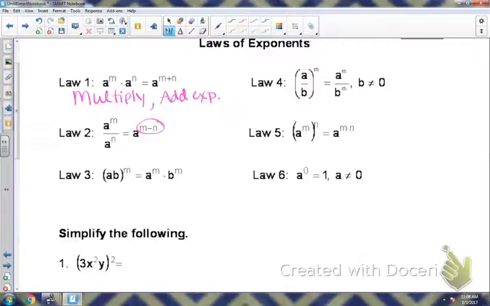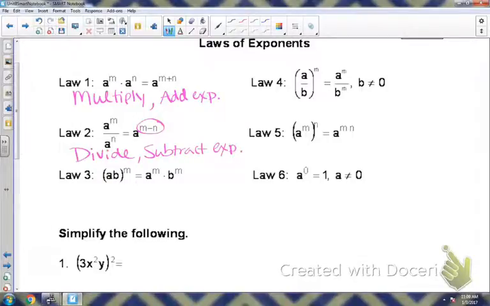Okay? Law 2 states that if we divide, notice we subtract the exponent. You'll take the top minus the bottom exponent. So when you subtract, and bases are the same, when you divide,